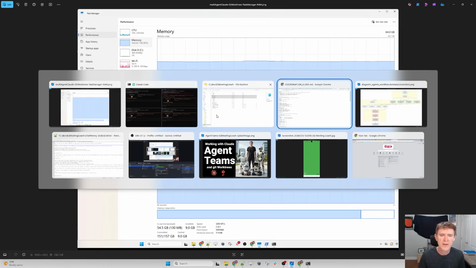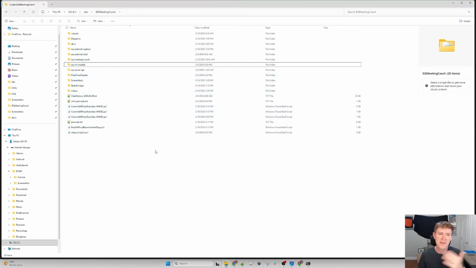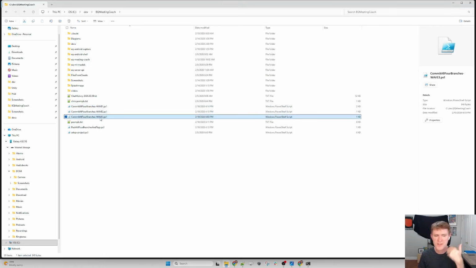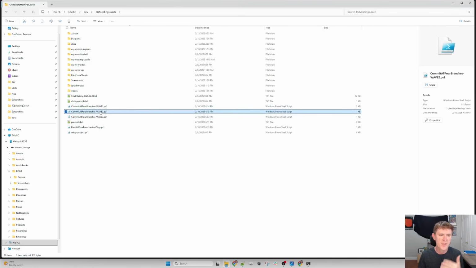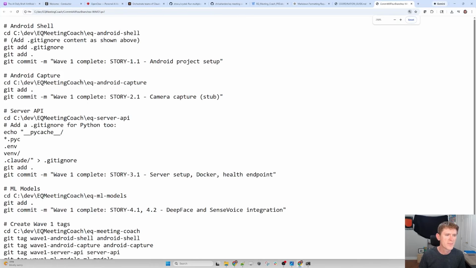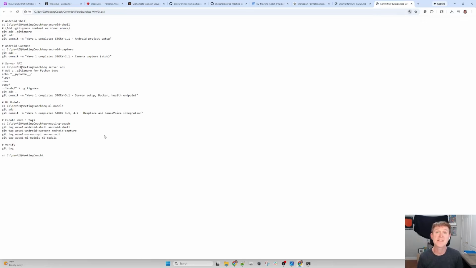Okay, so when it was all said and done, we went through 3 different waves of work. And with each wave, I would commit and get everything all cleaned up, and then I'd go to the next one. And so here's all my Git scripts to just go and commit all the waves with the appropriate labels and comments and stuff like that. I'll maybe show it to you real quick here. Just to commit this, commit that with the different comments. And so that's how they stayed in sync.